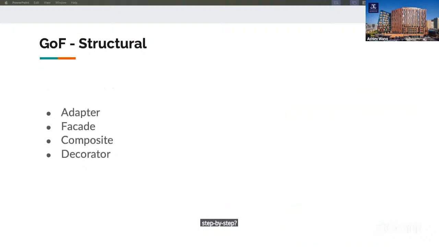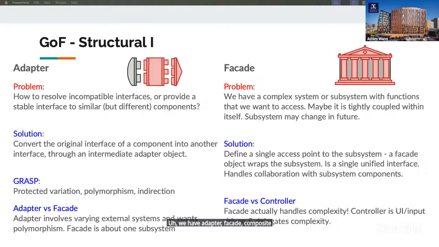And then the next thing we're going to go into is the structural patterns. We have adapter, facade, composite, and decorator. With the adapter, it's about resolving incompatible interfaces. The best example will be the Mini Expedia airline that we practiced in the workshop. Highly recommend you go back and revise that one. That's a really good example of the adapter pattern. Try to draw the diagram and practice on that question to understand the adapter.